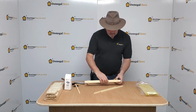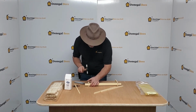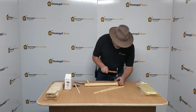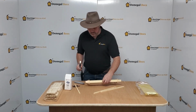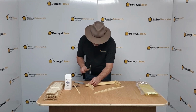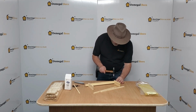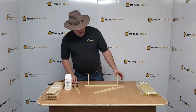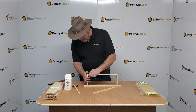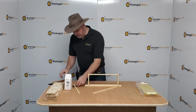So if we put in both of those, we set the frame down, put a nail straight through. If we turn it over, we just repeat the process on the opposite side. The next step is the bottom bars. Some people put 1 in place, others put 2 in place when assembling. They should slot nicely into place, snugly into place. Repeat by